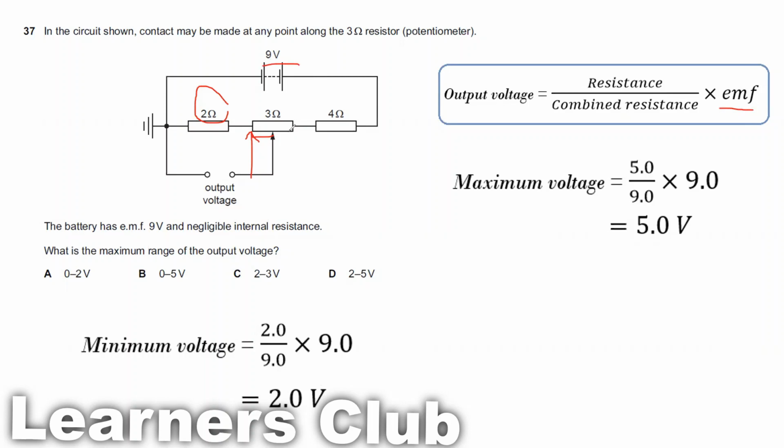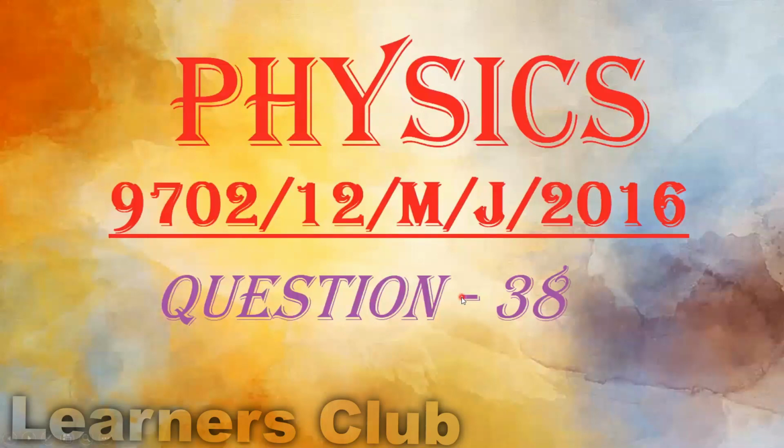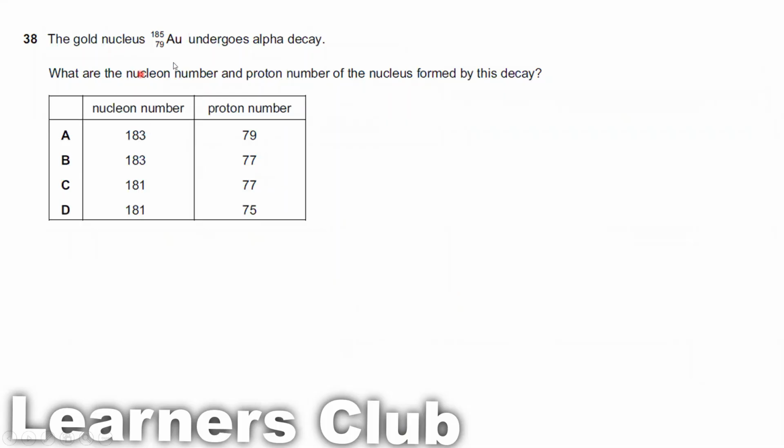When it's maximum, you need to have the contact towards here, where you consider 5 ohm divided by the combined 9 ohm, multiplied by the EMF of the battery, which is 9 volt, giving 5.0 volt. So the range the output can have is 2 to 5 volt. So the answer for this question is